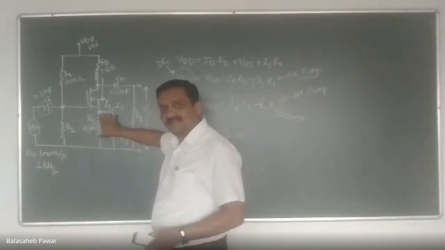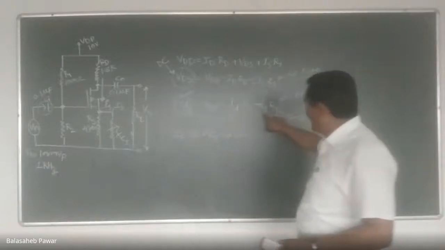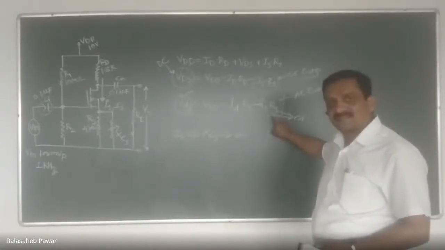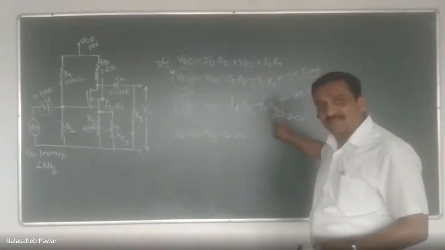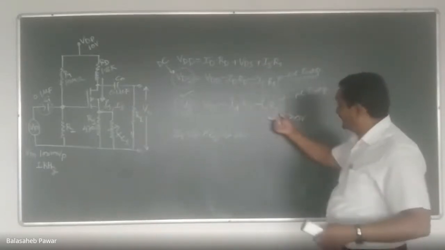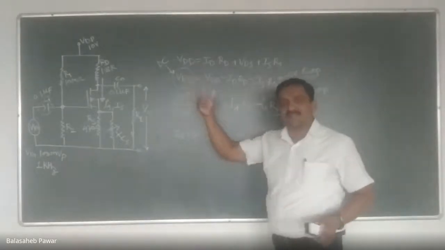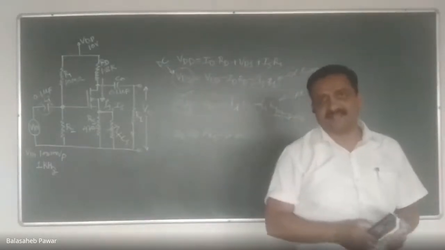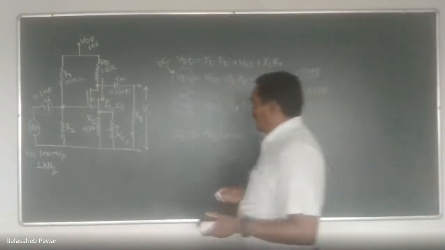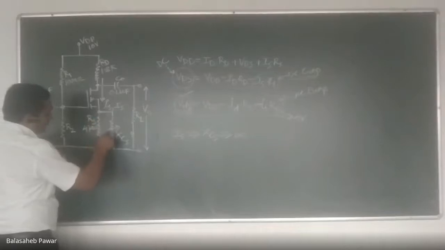Now, as per our previous discussion, if this capacitor is not there, there will be an AC drop across Rs, that is small is into Rs, and we have to reduce it. Why reduce it? To improve the gain. As per this equation, whenever it goes to 0, VDS will increase, that means the gain will increase. And that's why the capacitor is connected in parallel to that Rs.